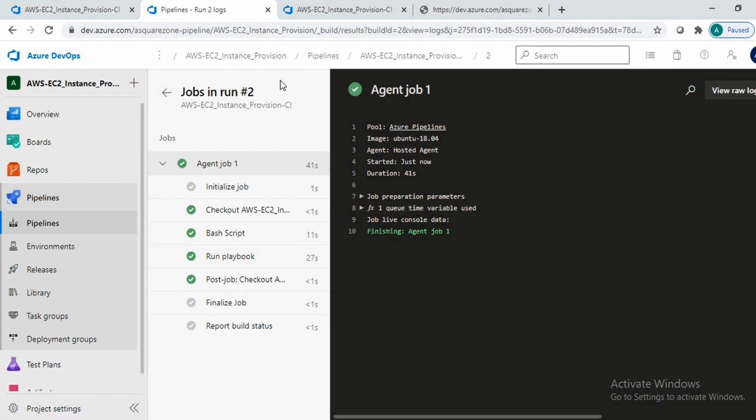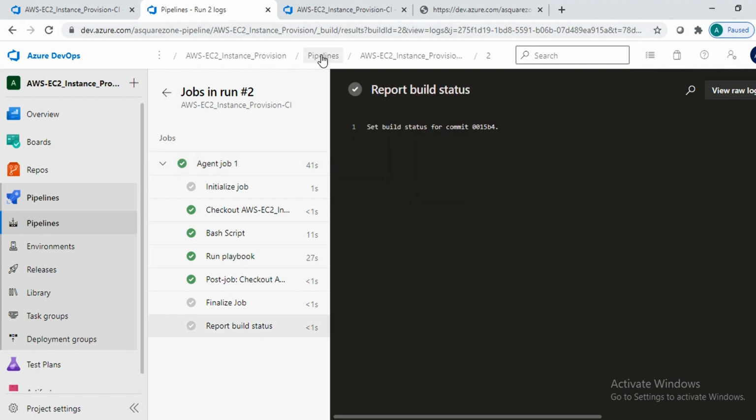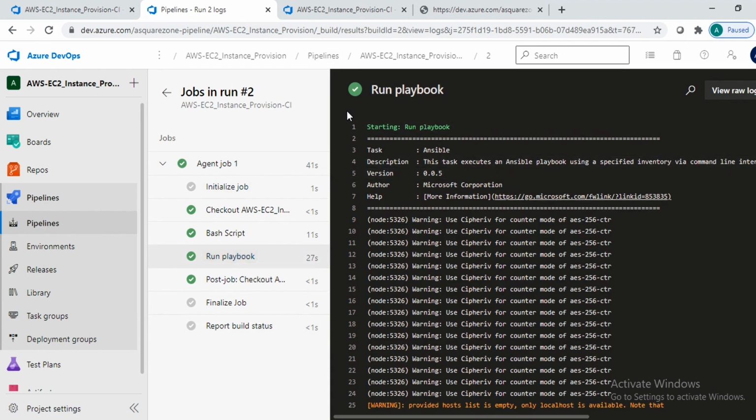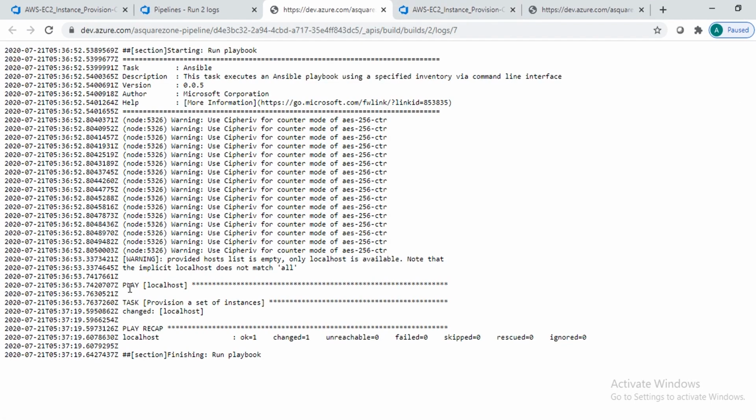So this is the pipeline job in Azure. So hope you all will understand. We'll see the log here, so you can come to know the execution. And here localhost is created.